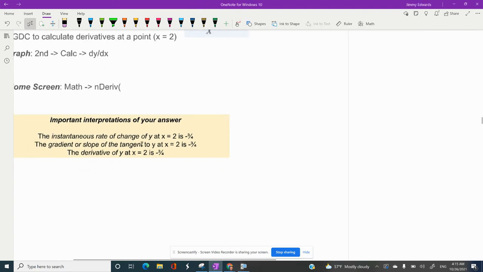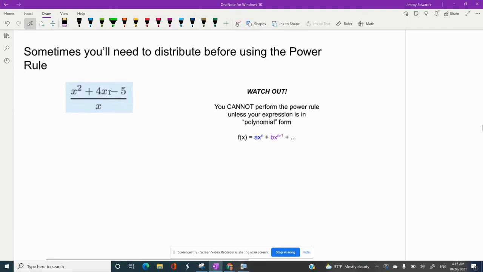Okay, back to business here. Sometimes you'll need to use a little bit of algebra, like the distributive property, before using the power rule. So watch out for this, because you cannot perform the power rule unless your expressions are in a normal polynomial format, like for instance y equals x to the 5th plus 3x squared minus 7. You need to have clear terms that are all spread out